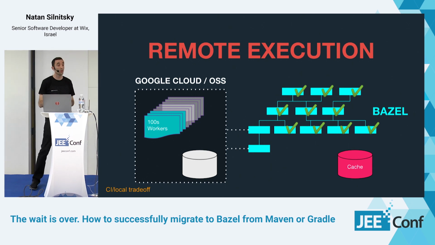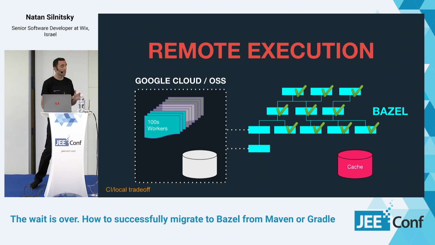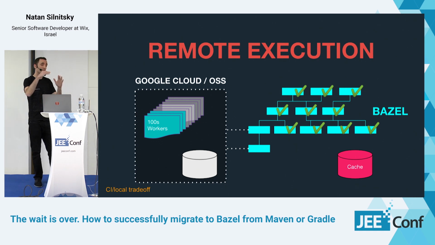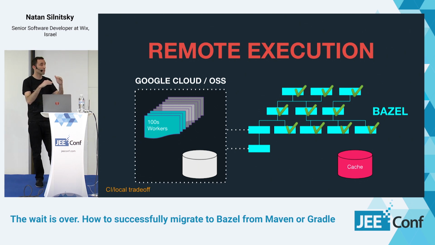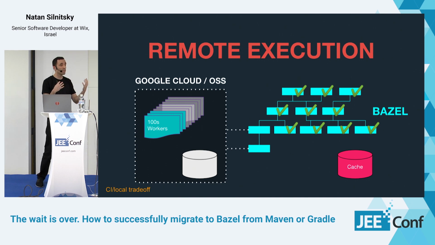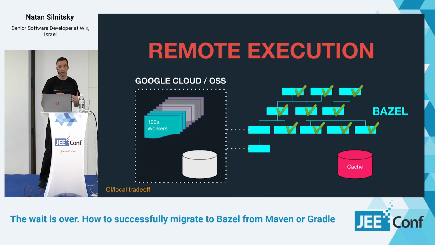So there's a new experimental feature with Bazel. It's called dynamic execution. It will run the builds both locally and in the remote worker farm, and it will stop the slower execution, locally or remote, once the faster one has finished. So you can have both the benefit of remote execution and local execution and get the best of both worlds here. But this is still